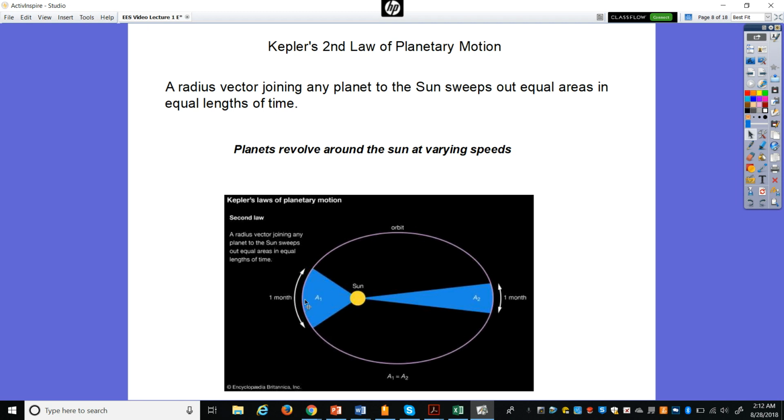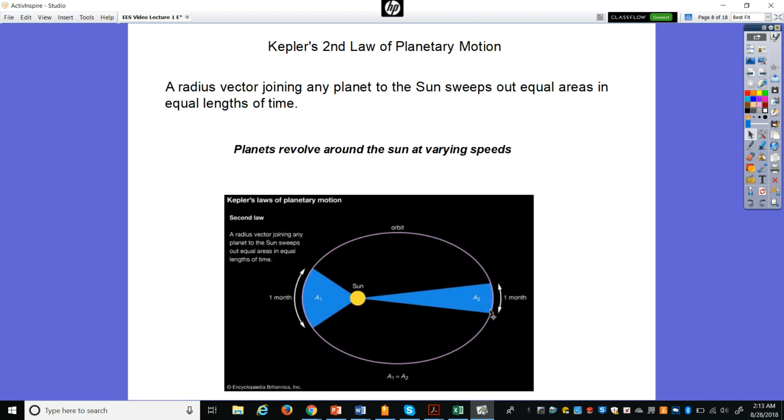So if we look at a body that's moving around the sun, say the Earth, we have a greater distance here, right? So as we are closer to the sun, we're moving quicker, right? And in a month, we're going to span this amount of space. When we're further away, we're going to be moving a little slower, and we'll only span in a month this amount of space.